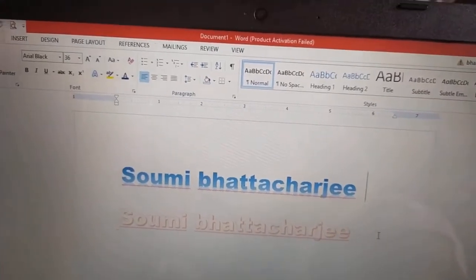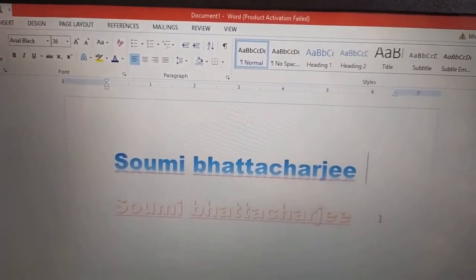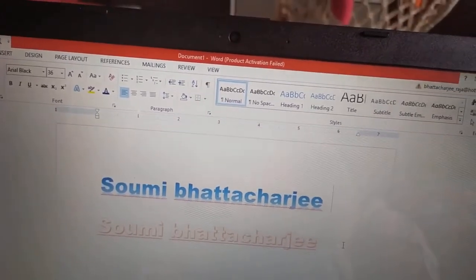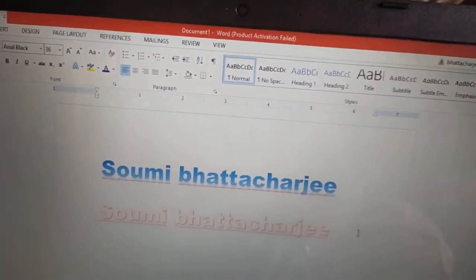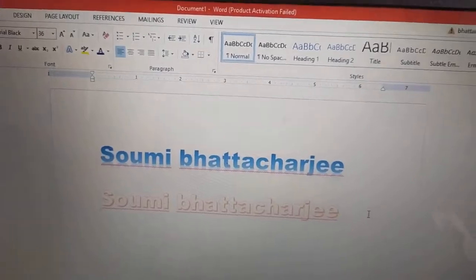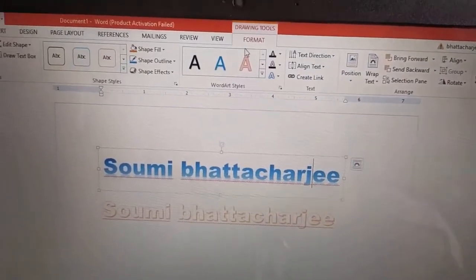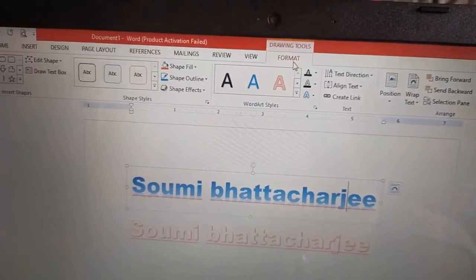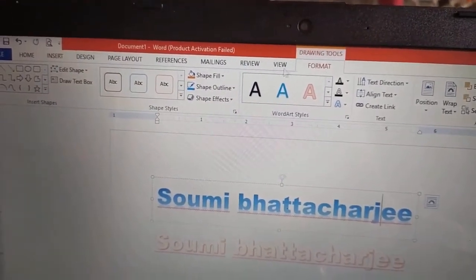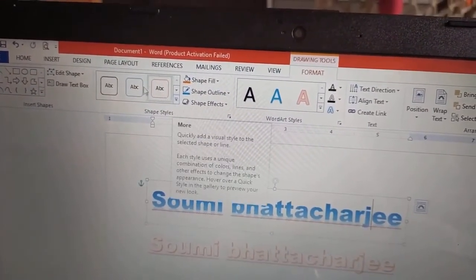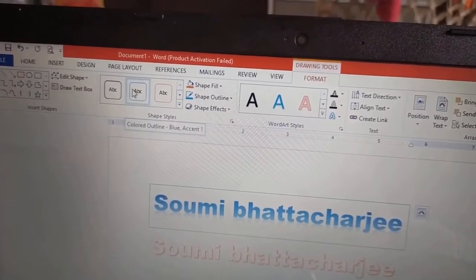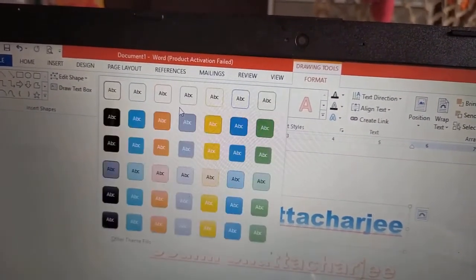Next, how to edit the Word art. First, we will select the Word art. See, a format tab is opened. Over here, if we want, we can format it.